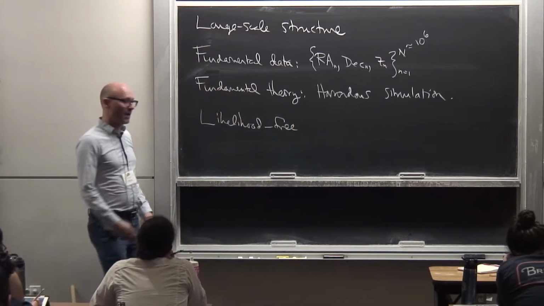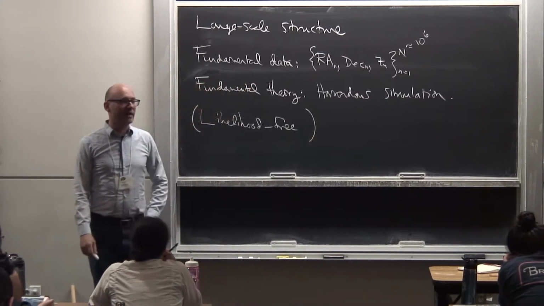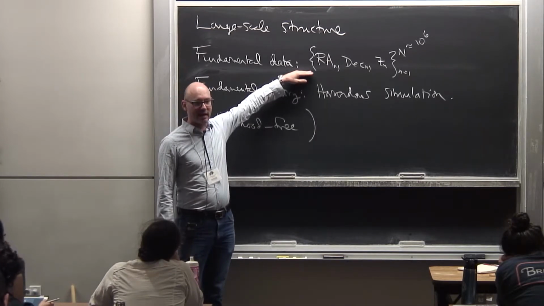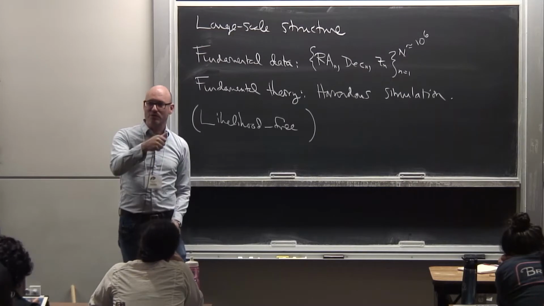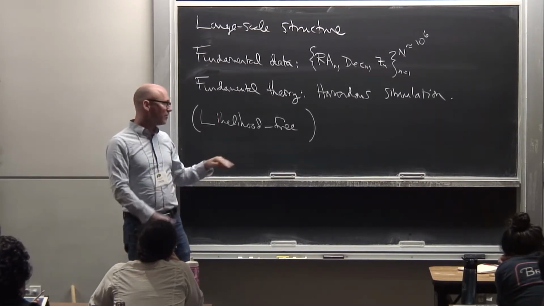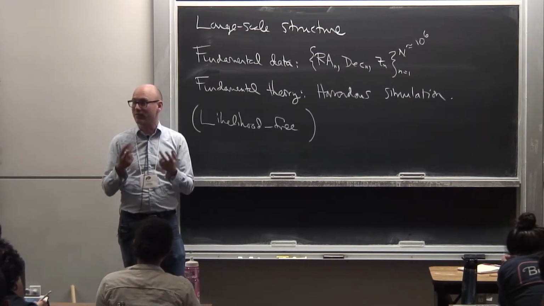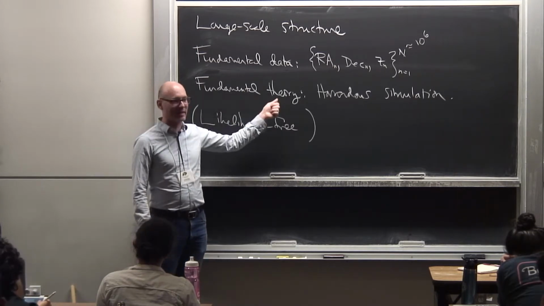This is an option. I'm going to put it in parens because I'm not really going to talk about this. The idea of likelihood-free inference is exactly this problem. You have simulations, you have data. You need to somehow ask, what parameters for the simulations do your data suggest? And likelihood-free inference is a way to obtain a proxy for the posterior over those parameters, even though all you can do is run simulations.